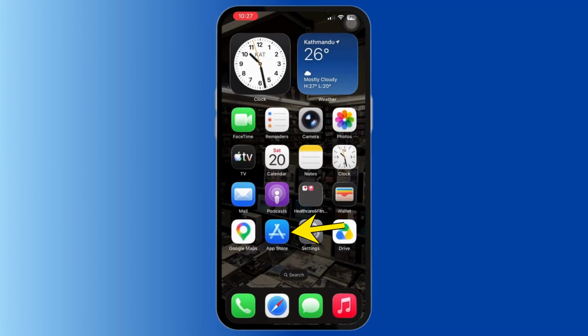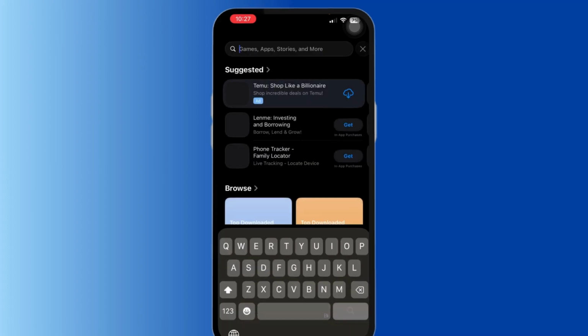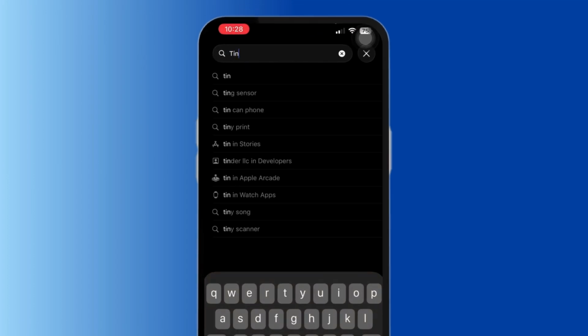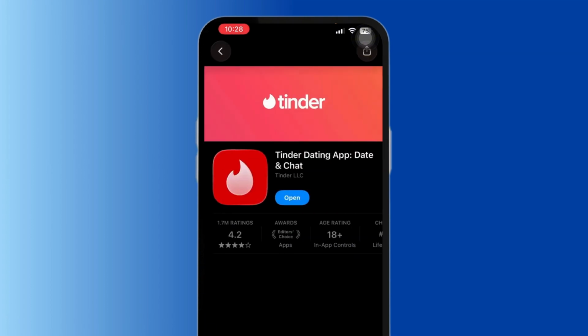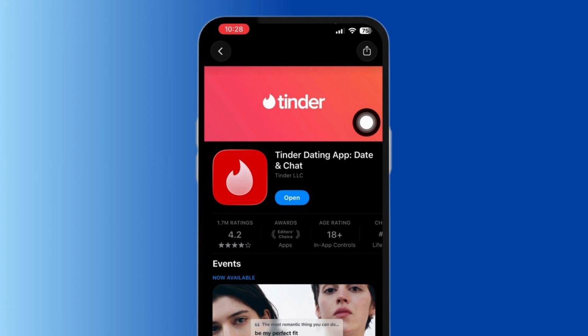You can head back to your home screen, open up the App Store. In the search bar, search for Tinder and make sure the app is updated. If not, you can simply tap on the update button when you see it and let your application update to